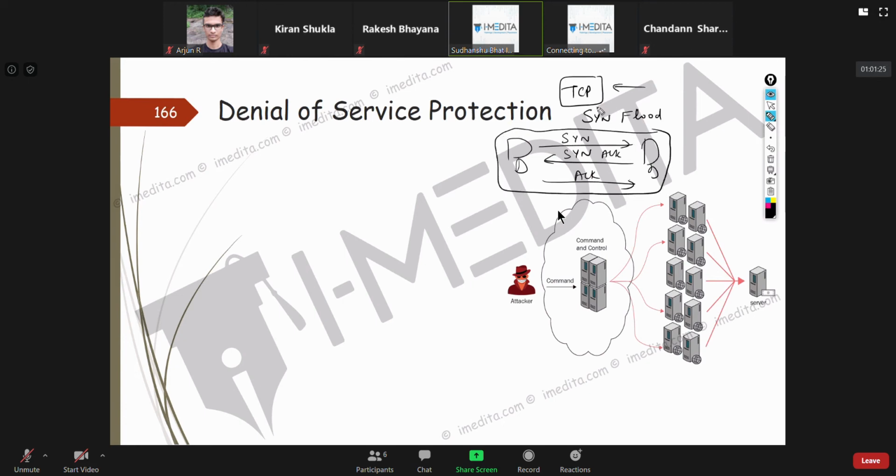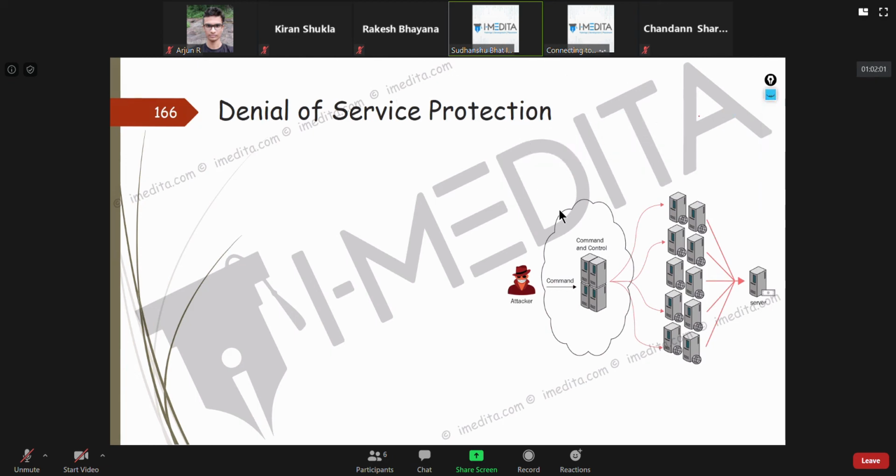In a SYN flood attack, basically, suppose this is the attacker. He'll send you a SYN to establish a three-way handshake. You will send a SYN ACK, but he'll never respond with the acknowledgement to complete the connection. The purpose is that this guy's CPU will be utilized in establishing connections which will never complete. So that's a SYN flood attack. There's ICMP flooding, there is TCP flooding, there is UDP flooding for denial of service attack.